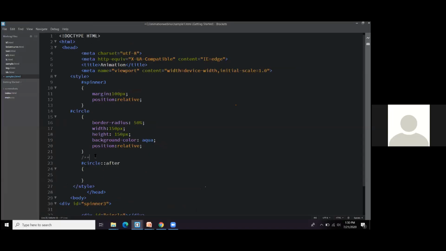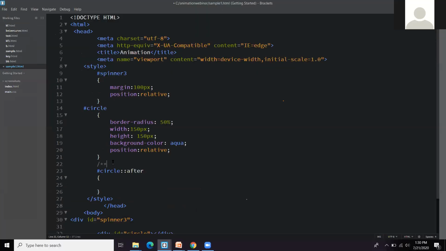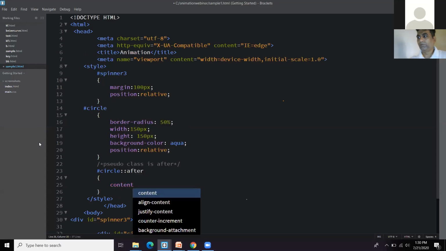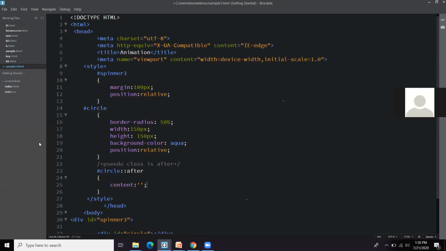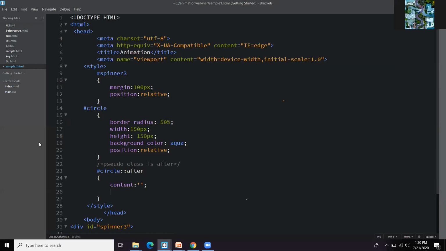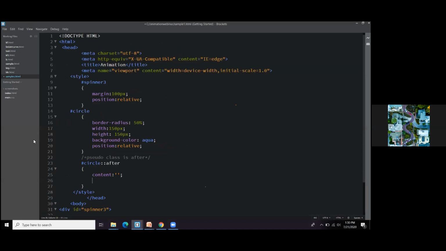I'm taking a pseudo class after. So this is a pseudo class which is explaining you, and I don't want any content over there. So I'm writing here content as a blank. I'm making it as a blank content, and then again, I need to have a border.